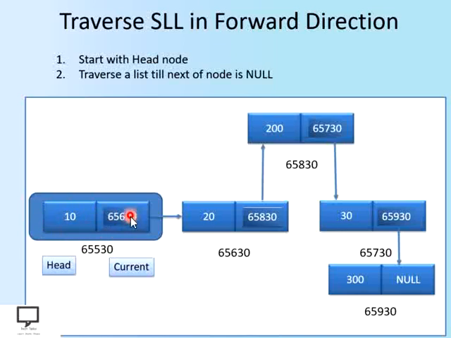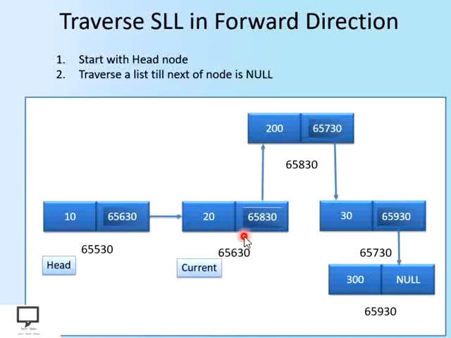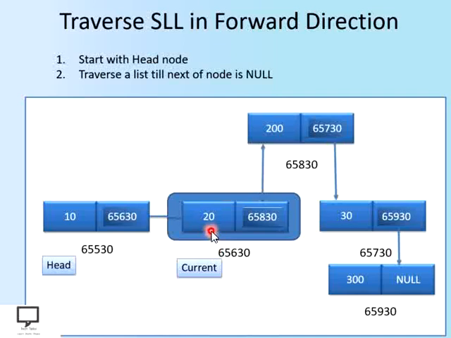After displaying it, after traversing this particular node, we have to go forward by updating current equal to next of current. Whatever the current node is, with the help of the next field we will jump to the next node. So now which one is going to become the current node? This one, and let's focus on this node. Again display the information part of this node, and then move forward with the help of the next field. This next field holds the address of the next node.